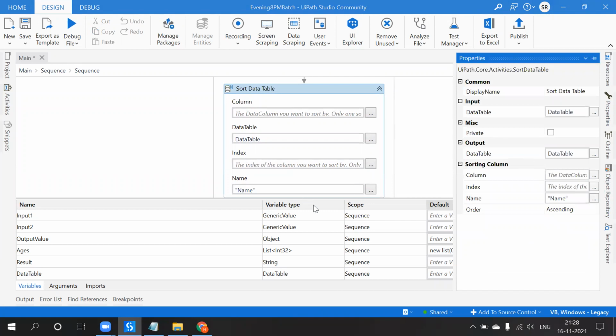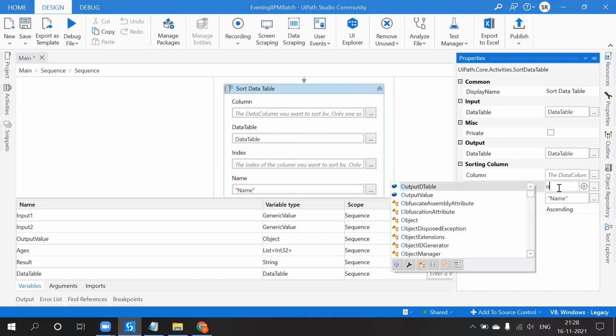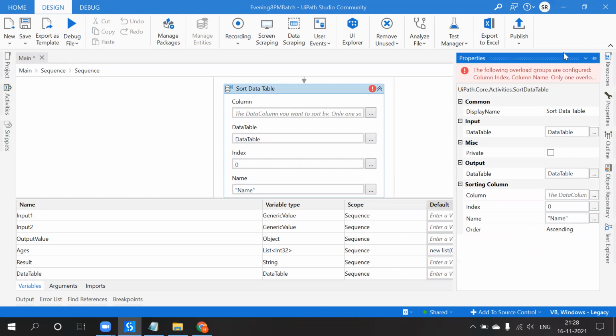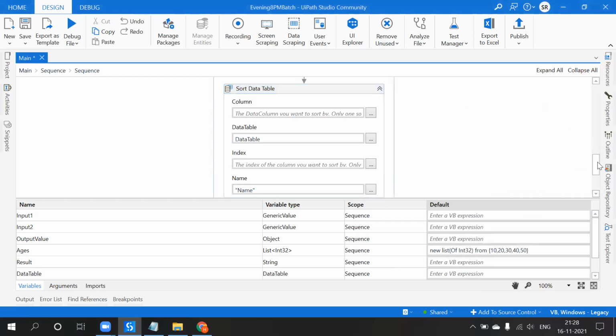Okay, so I don't need to provide... See, I can provide index as 0 here, but if I provide a column name, I don't need to provide an index, so it will be a conflict. That means overlapping. That is the reason we are getting that error.